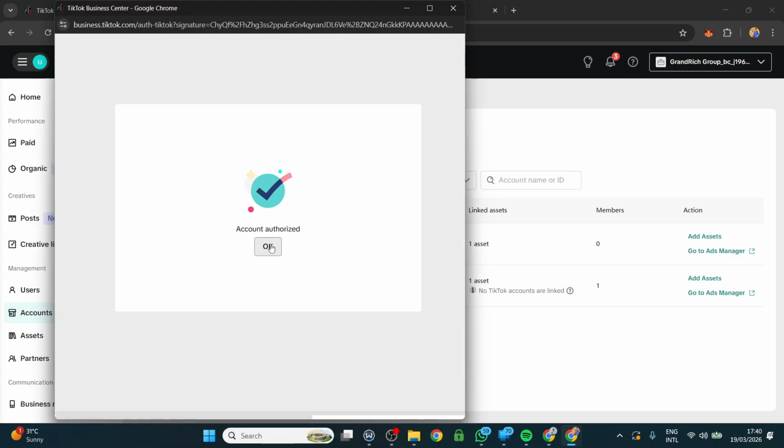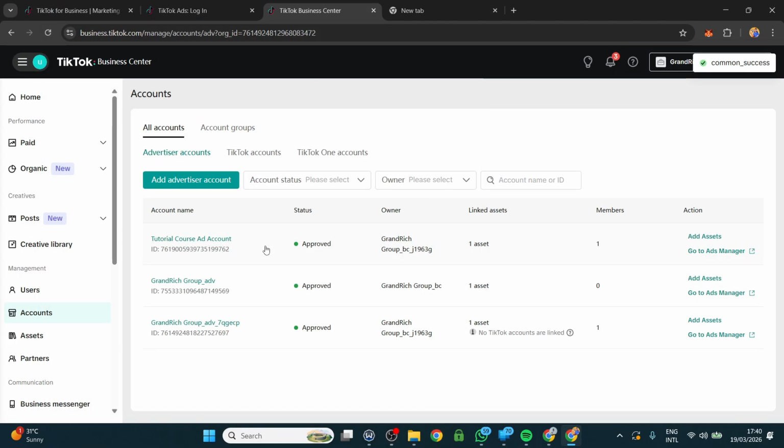Once you have accepted that, all you have to do is click on this OK. Once you've done that, you see tutorial ad account, you see approved. That means we have created a TikTok ad account from scratch. Also with this particular one, I showed you how to request access to an ad account that has already been created, but the ad account is not on your business center, it's on another person's business center, probably your client or someone else, right? With this, I want to believe that everything that has to do with creating an ad account from scratch or requesting access to an ad account, you are already acquainted and familiar with,